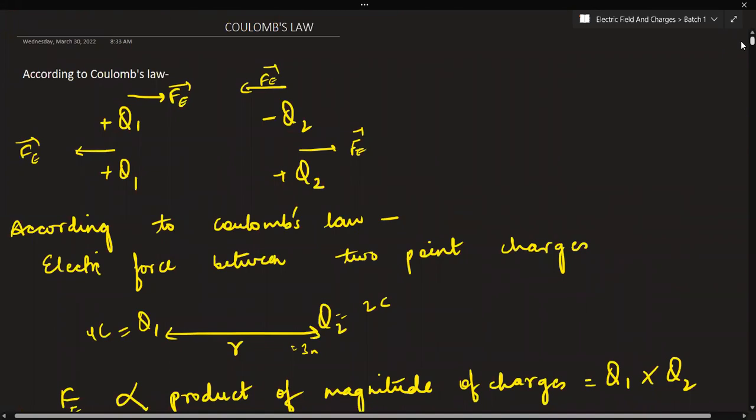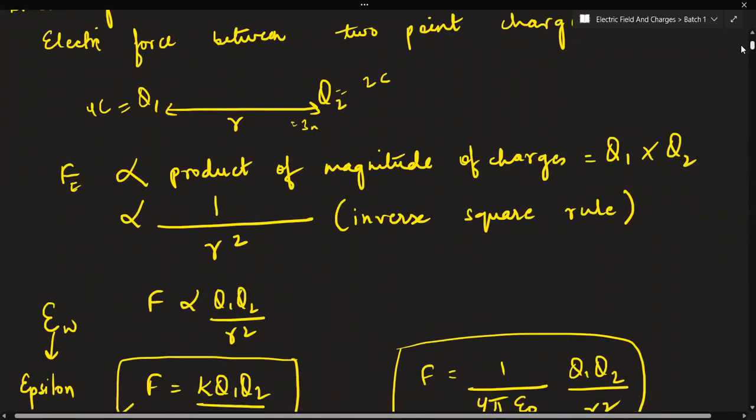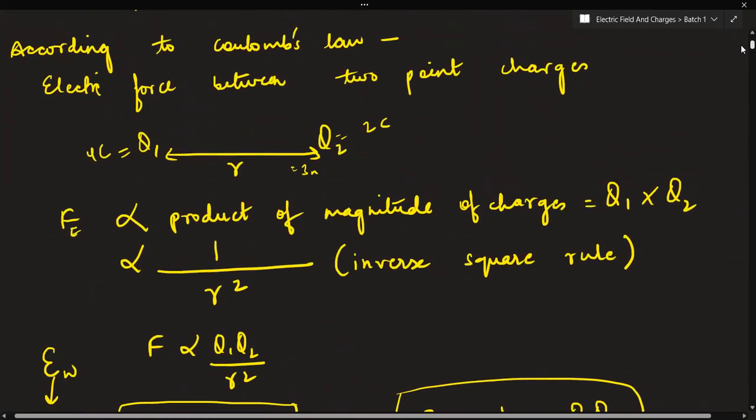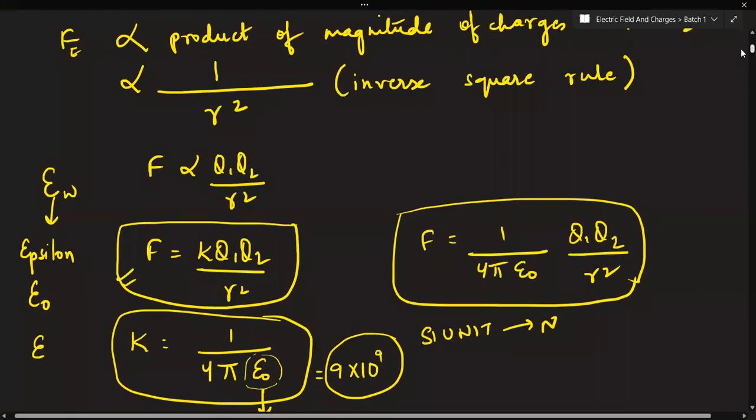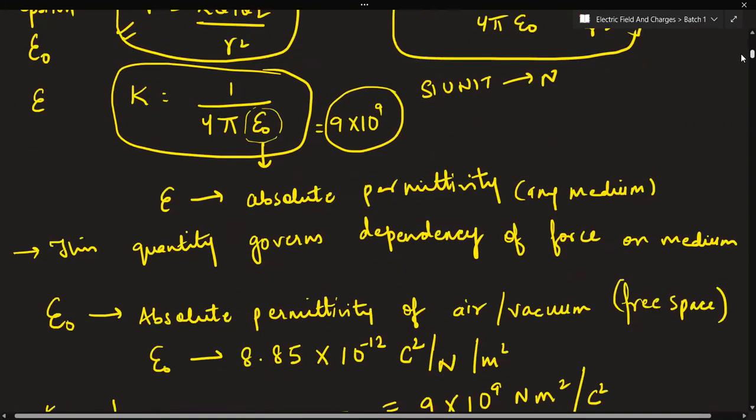What is meant by Coulomb's law? So you will say, this part you have to mention from here to here, that according to Coulomb's law, electric force between 2 point charges is directly proportional to the product of magnitudes and inversely proportional to the square of the distance between them. F is equal to K Q1 Q2 by R square. You have to remember, where K is 1 over 4 pi epsilon naught and K's value is 9 into 10